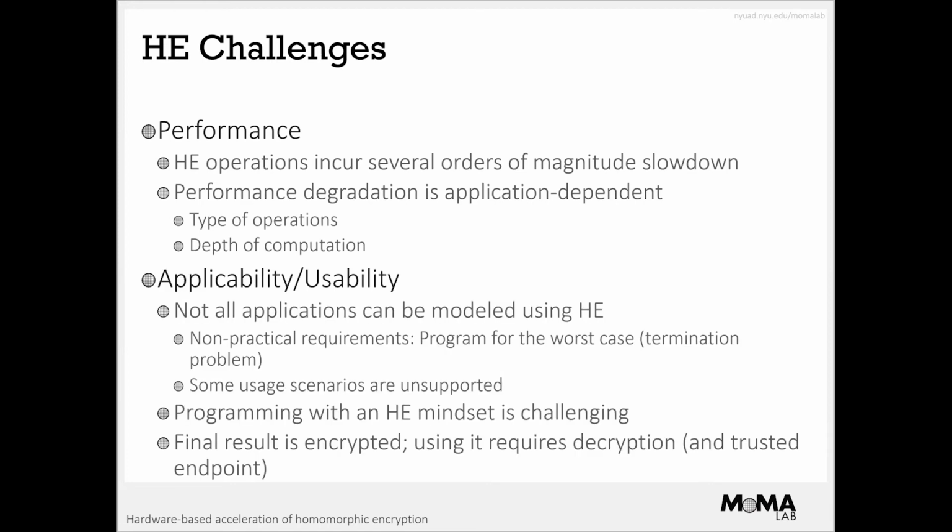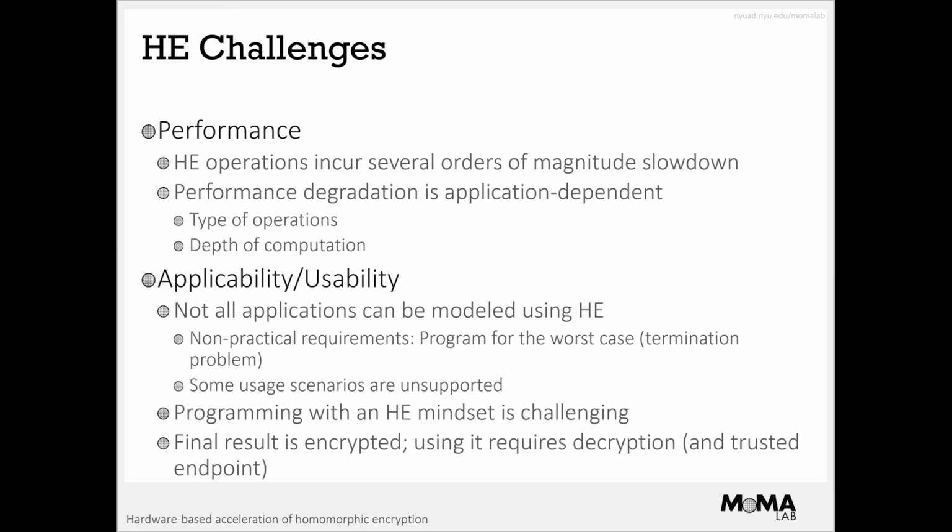The other challenge is usability and applicability, because when you process encrypted data, you cannot see it. You cannot do certain things. For example, you cannot branch on encrypted data, right? Because you don't know if something is true or false. So your algorithm has to be constant time, or it has to be data oblivious, right? It should not depend on the incoming data for its execution. And that is not straightforward. It may not be supported by the exact application that you want to develop. So developing with homomorphic encryption in mind is